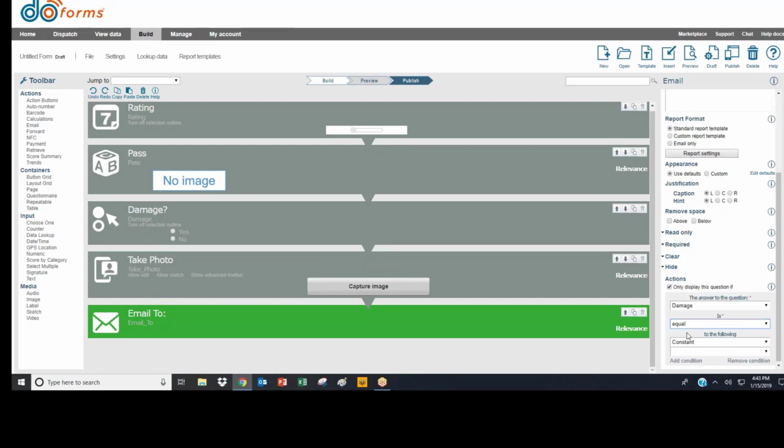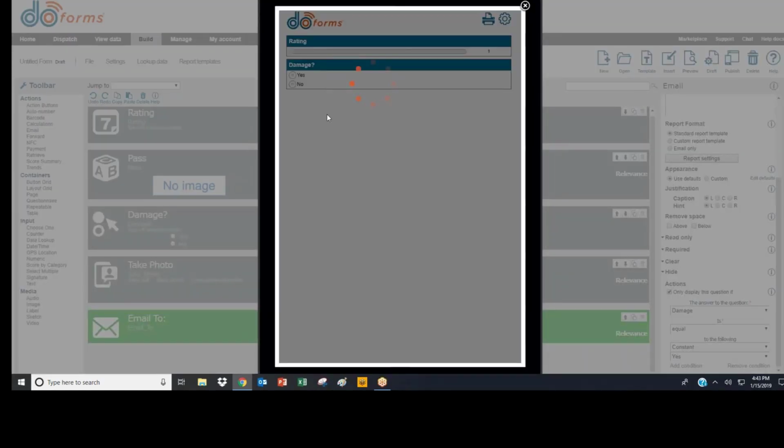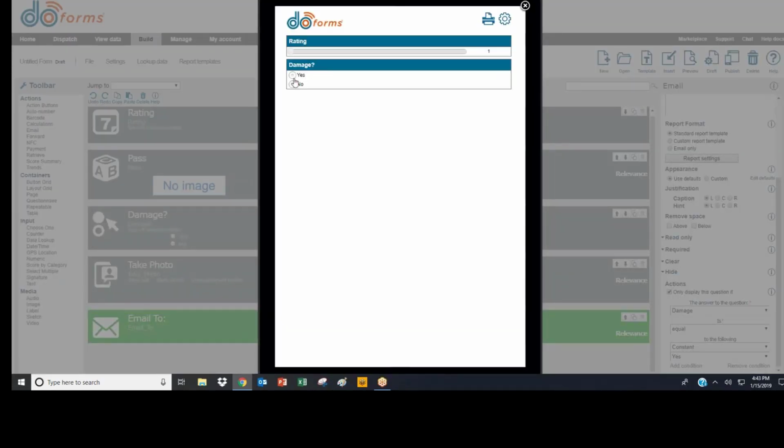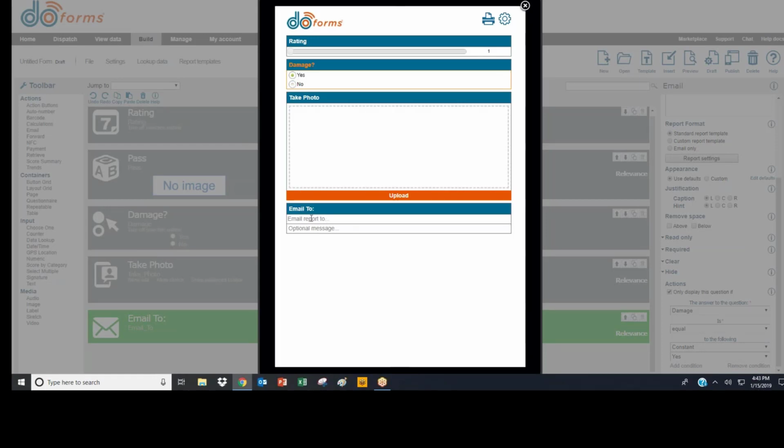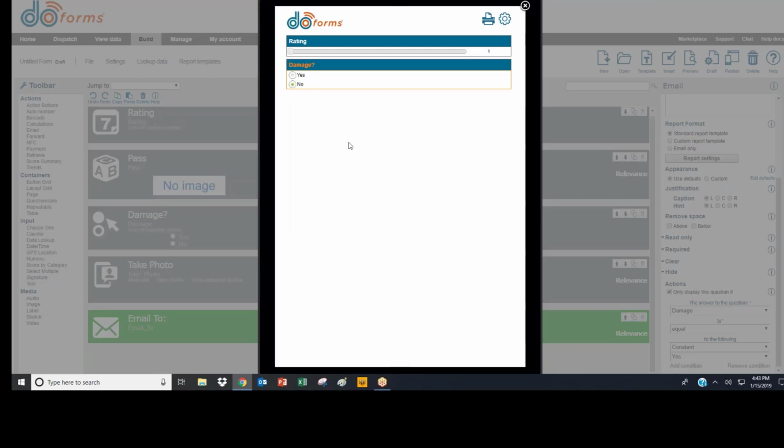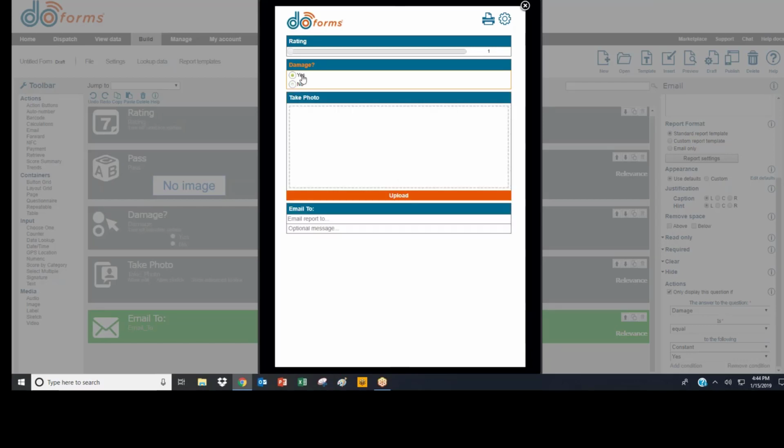And what'll happen here is when this form is submitted, if the answer to damage is equal to yes, it will send that email to the damage repair crew. But if the answer is no, it will not send an email to the damage repair crew. So this only display this question if really does a couple of things. One is it turns on and off what the customer sees or what the mobile user sees on the device or in the form,